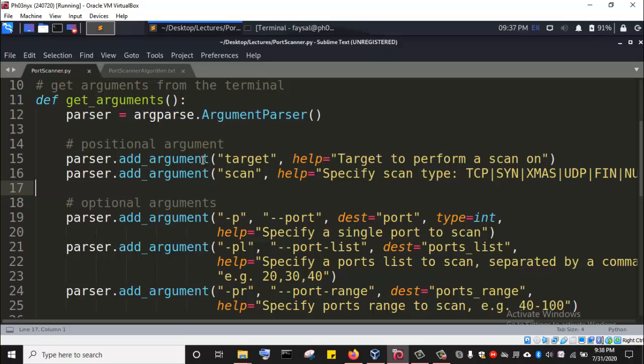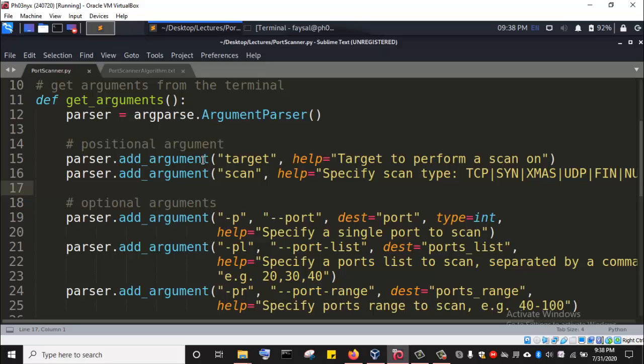And then we have the help message, which is the simple message that will be printed out when the user asks for the help menu. So unlike the optional arguments that we have been treating before, we don't need to precede it with any